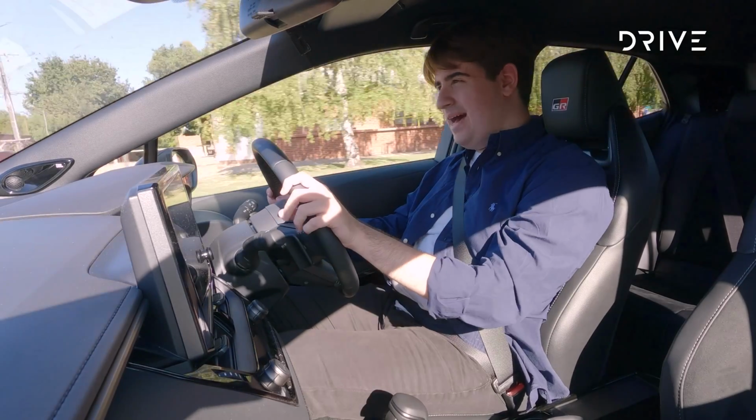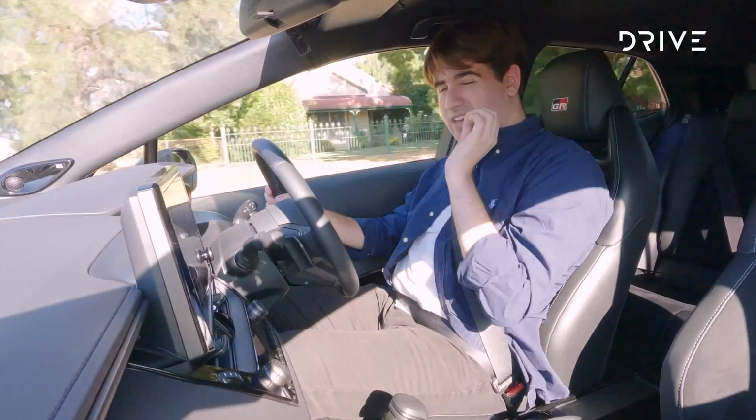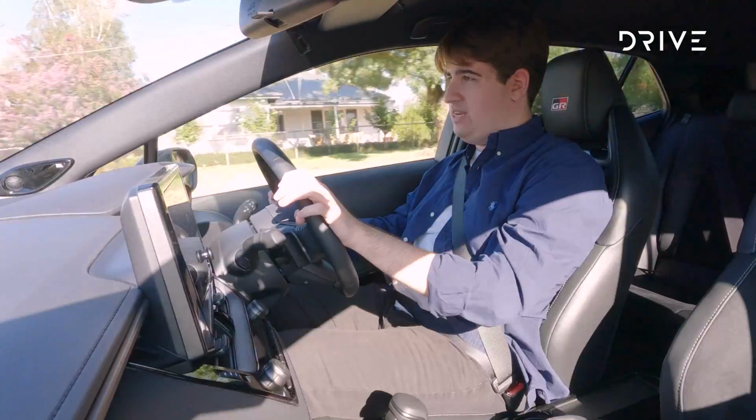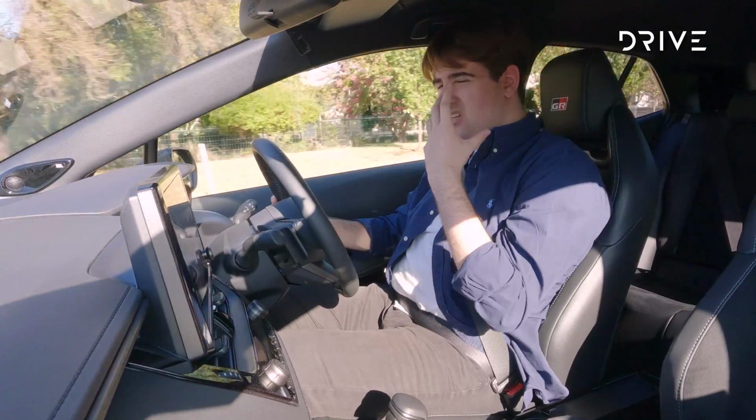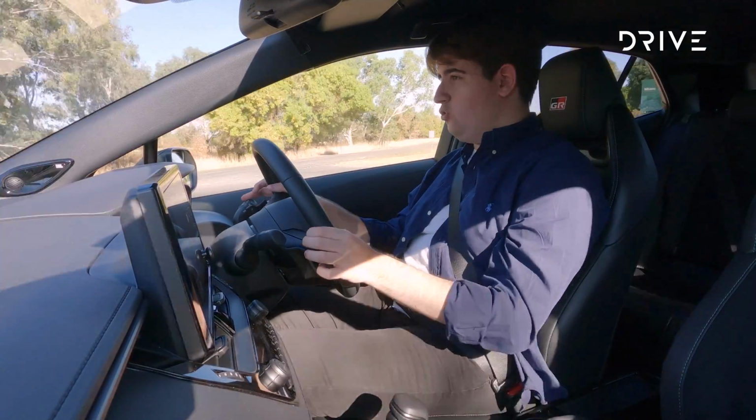All right, behind the wheel of the updated Toyota GR Corolla. Now, the star of the show here is without a doubt that new 8-speed automatic transmission. Now, it's not a dual clutch design. It obviously isn't quite as snappy as, say, a Golf R and i30N, which obviously do have dual clutch gearboxes, but